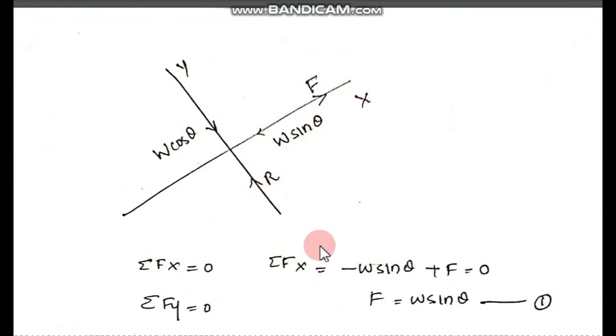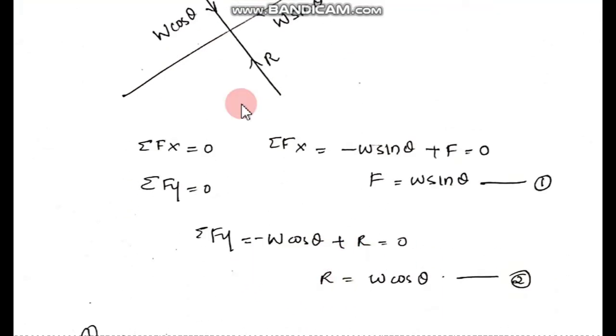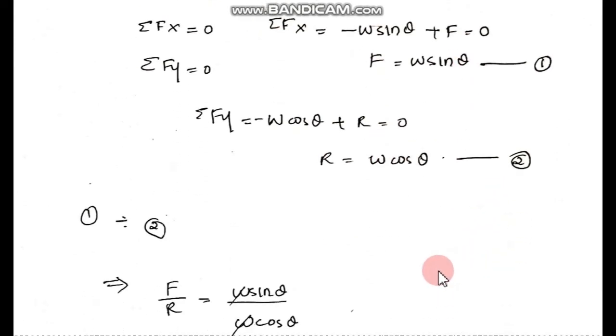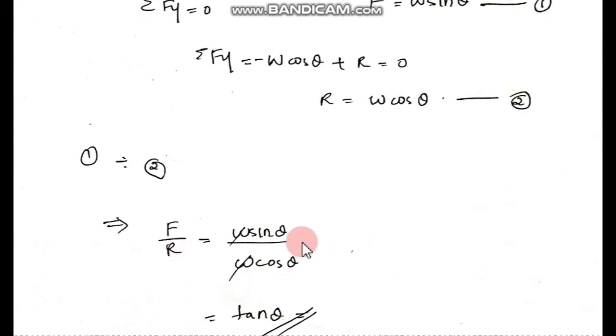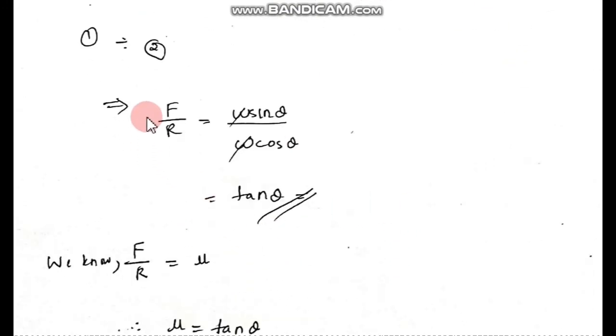Okay, then if you have understood this, we are using the equilibrium conditions and writing it. Fx, we know that in x direction right is positive and left is negative, so see the arrow and write it. Even Fy you can write it seeing the arrow, because in y direction upward is positive and downward is negative. Okay, so you got these. F is equal to W sin theta and R is equal to W cos theta. Now when you divide 1 by 2, you get F by R is tan theta. So F by R is already mu, which we already know, which is coefficient of friction. So mu is equal to tan theta.